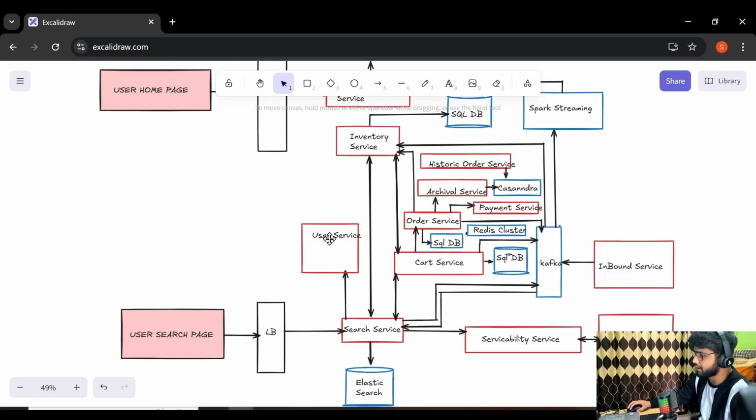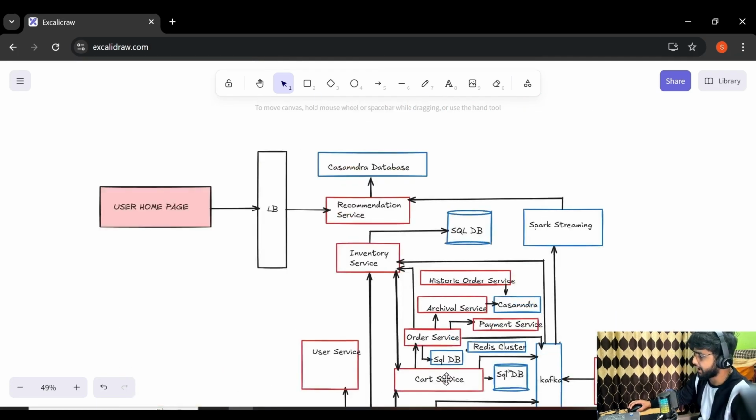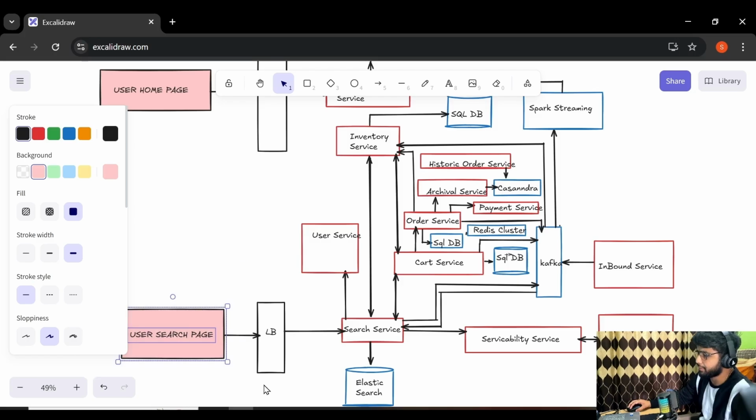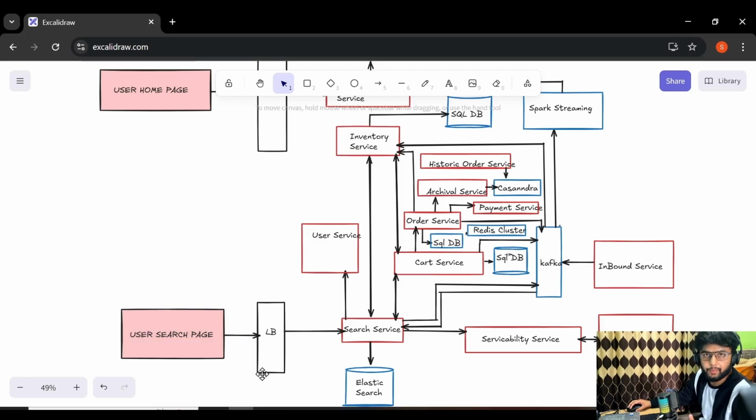Now let's discuss some of the more important services of our system, which are the cart service and order service. This cart service is responsible for adding a product into the cart and removing a product from the cart. So let's say the user comes to this user search page and searches for a particular product.